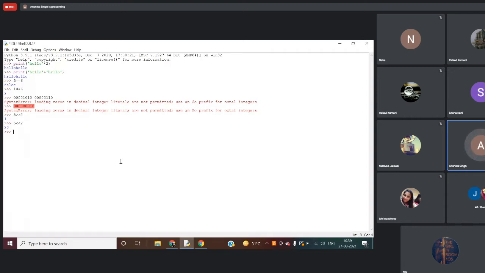In this there are some built-in functions like input, which is for inputting your values, and print, which is for printing the output. Eval is a function that evaluates the value of a string. For example, eval of '5' will give me the output 5.